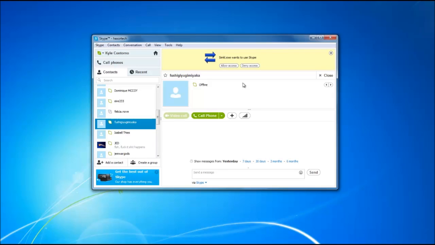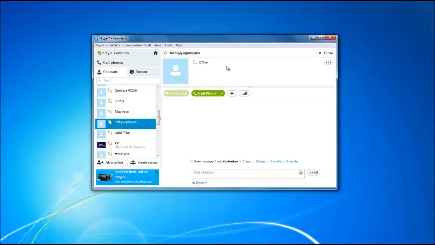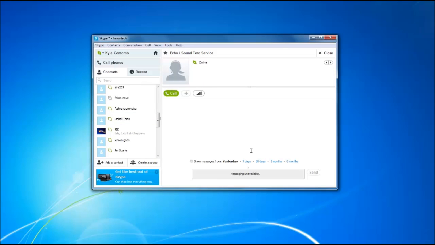Once you open up the Skype application, it's going to ask you to allow access. If you go up to the very top and click on allow access, that'll authorize Simkl to use Skype. So from here I can do a number of things. Number one, I can record any of the Skype conversations that I have by call. So if I click on the call button here with one of my Skype contacts,